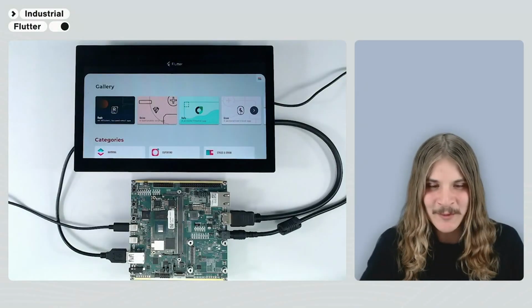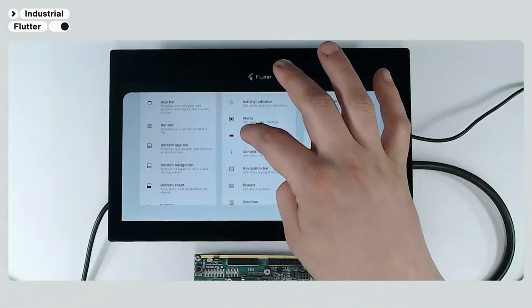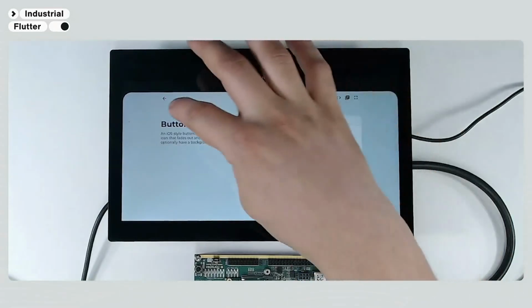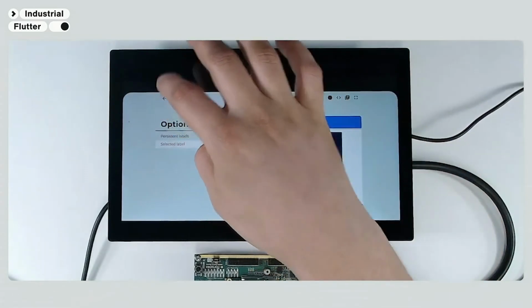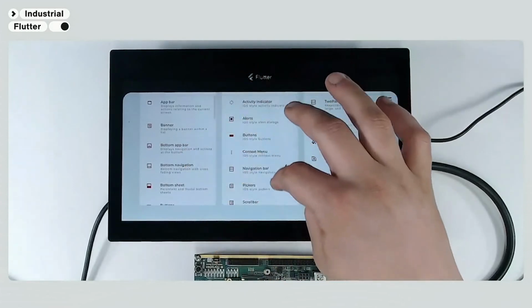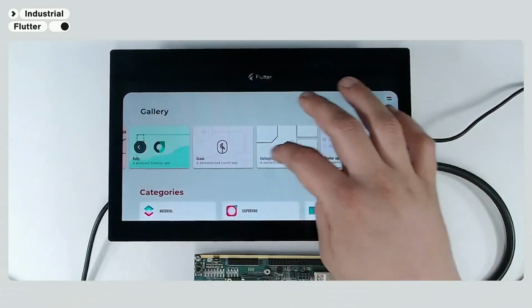And to look at that, our Verdin seems to be fluttering. This is all the normal stuff. This is Flutter Gallery. If you haven't played around with it, feel free to do so. But yeah,